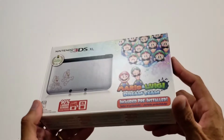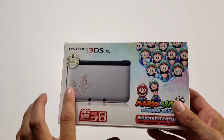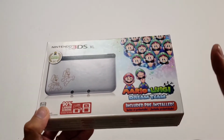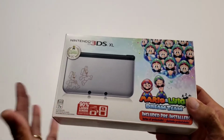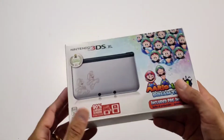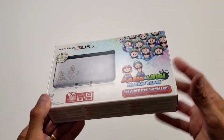So this is from my personal collection. This is the Mario and Luigi Dream Team. This was kind of like a special Year of Luigi edition. These are starting to go up in price, and I have everything for this. Every baggie, every twist tie. It's got the AR cards, and it is literally as minty as you could possibly get it. Literally, if you put like a circle tab on this, you could put this on a store shelf. It is that nice. You know, I definitely want to get rid of this, so I guess I'll be letting